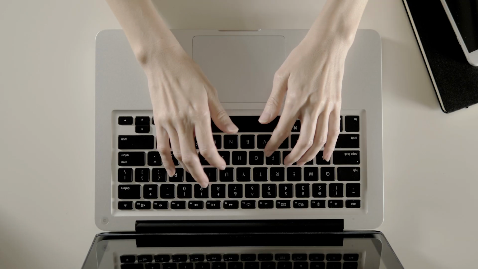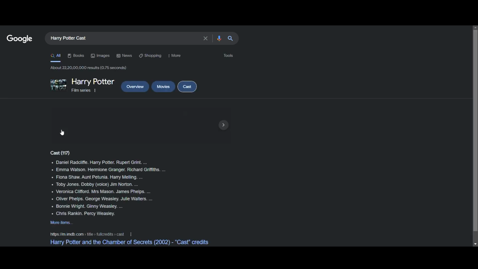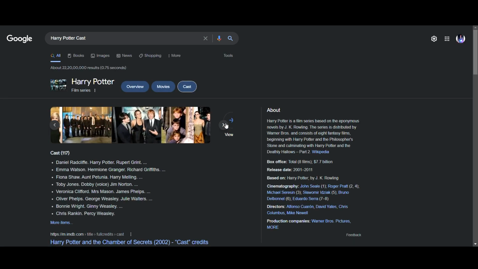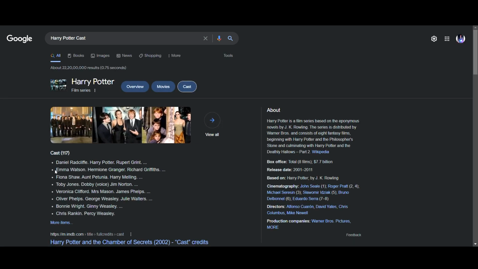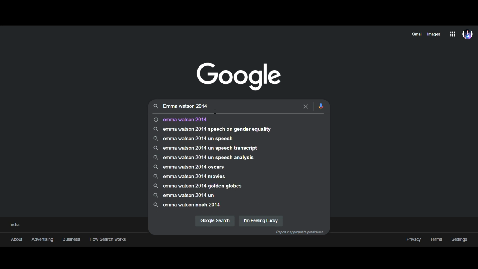Let's get going. Enter the words Harry Potter cast into the search bar at google.com. The whole cast is available when you search for this term. Actress Emma Watson will be our first guest. I want you to launch a fresh Google browser and enter the search term Emma Watson along with the word